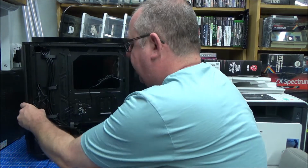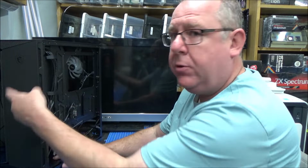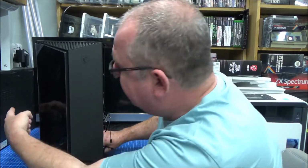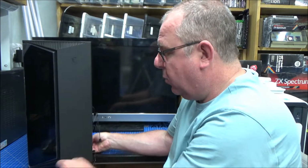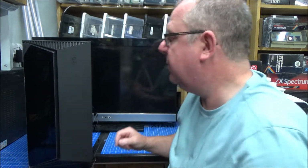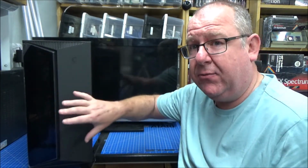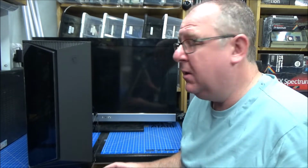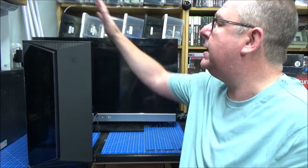So let's get round to the front, and this is one of the things which sold it to me. My PC, not the one in the corner which is kind of hiding there, that's just a garage PC. The one that's upstairs in the office, which will be coming down here when I eventually do the full de-rigging. My front panel gets absolutely caked in fluff, and it's absolutely horrible to try and keep that clean. It's an absolute pain in the backside. This one,